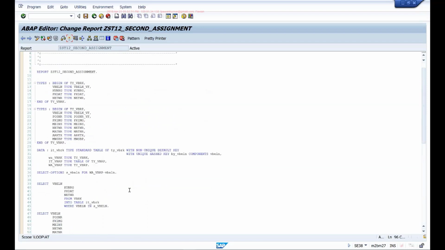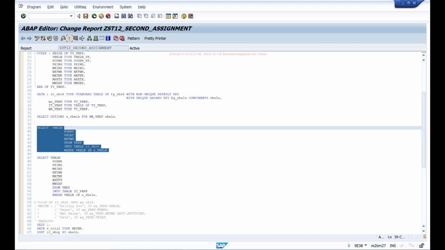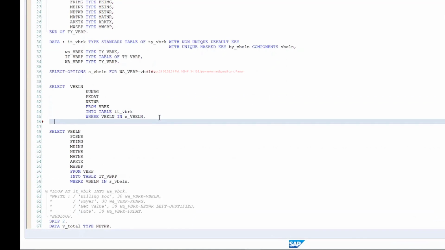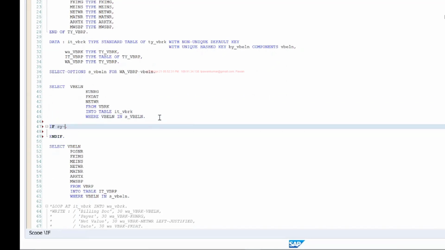And let's add some validation. If the select is not successful, if we don't get any documents, then obviously it will display a blank screen in the output, and the user may again say your program is not working fine. So what I can do is write a validation: if sy-subrc is not initial, that means the select failed.